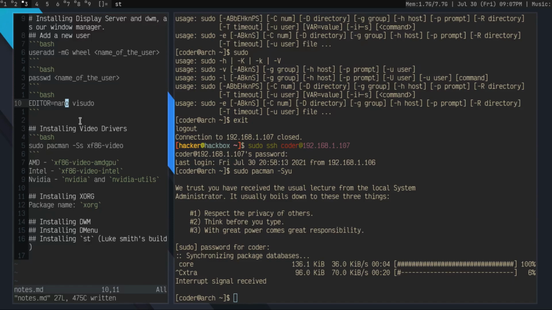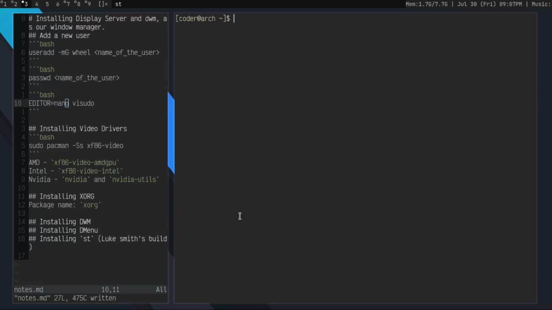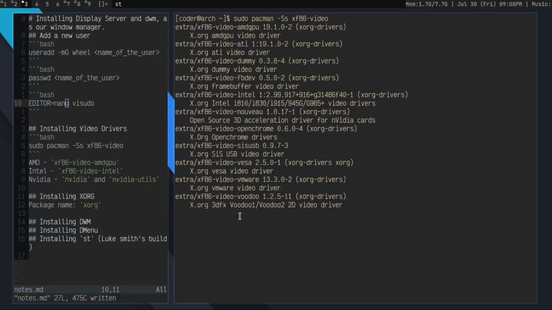Our next step is to install video drivers. Okay, now again get back to your user, and then start installing the video drivers. We can do that by typing sudo pacman -Ss xf86-video. This will list all the video drivers that are available.